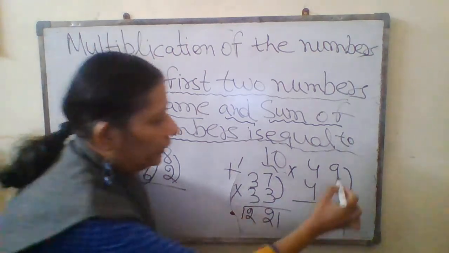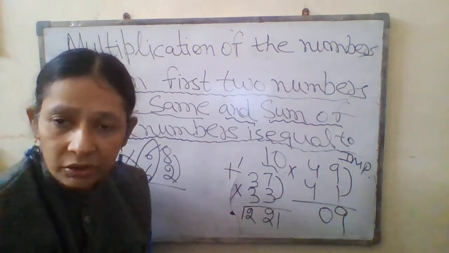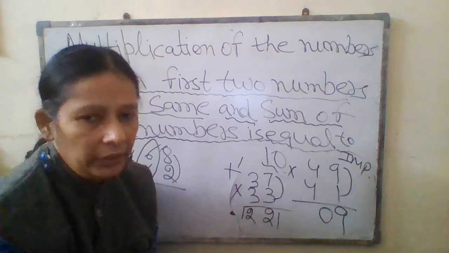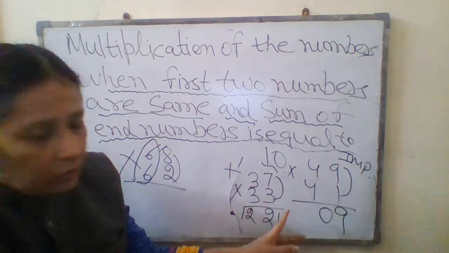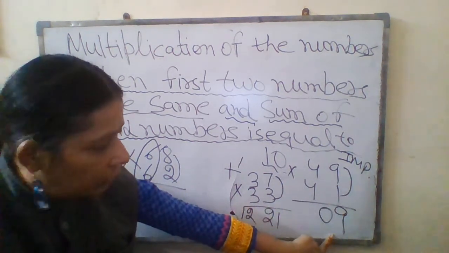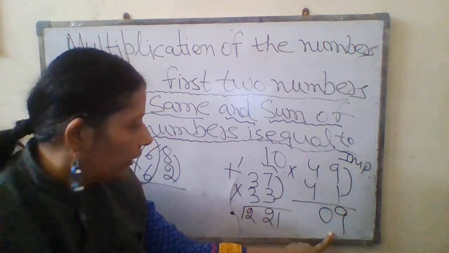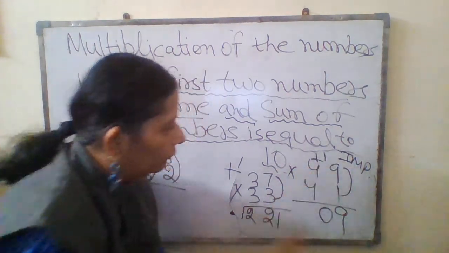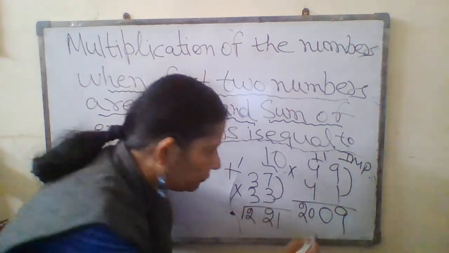This is very important. If you do not do this, your full question will be wrong. All your efforts will be wasted. Don't ignore it. Again I am repeating, because these are two-digit numbers. Although 9 ones is 9, you will not write 9 here. In place of 9, you will write only 09. Okay, now in your mind, what will you do? 4 plus 1 is 5, and 5 fours is 20.